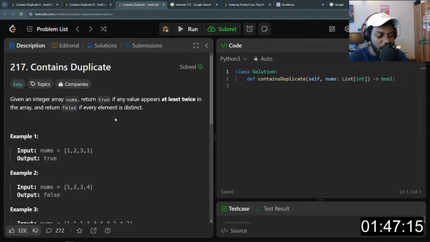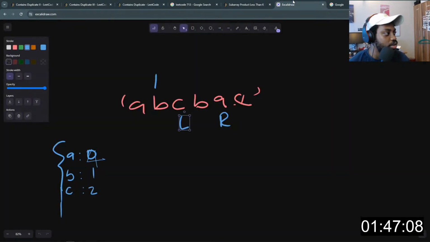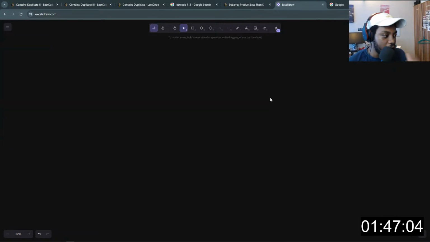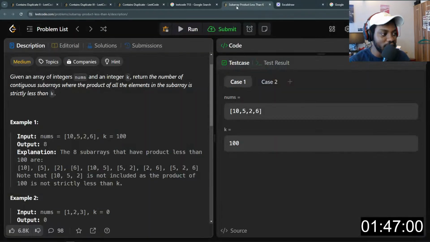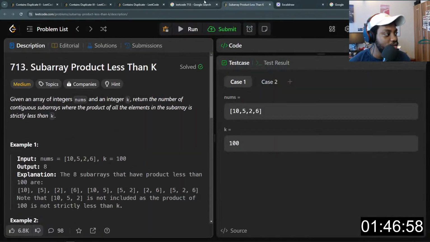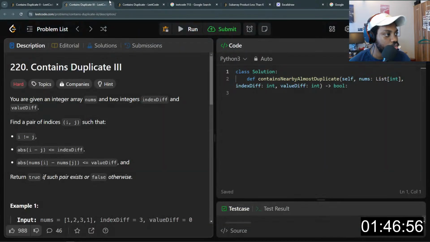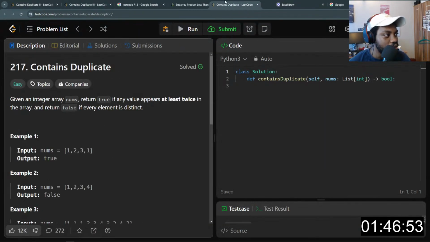Okay, so there are a few ways we can do this, right? Let's say we come here. So we want to return true if any element in the array appears at least twice. Let's see what we can do.